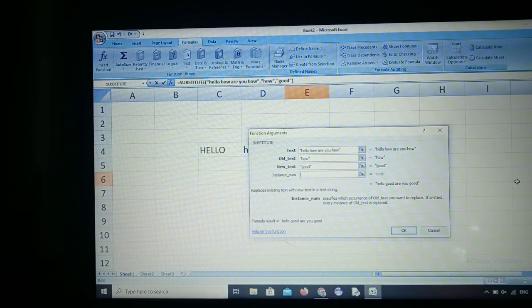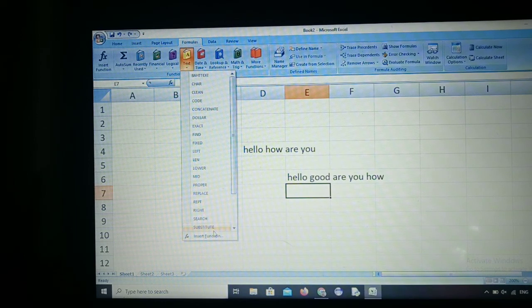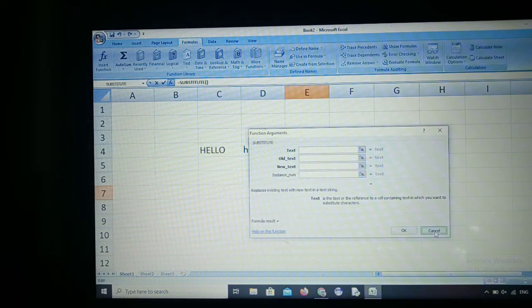In two places HOW is there, and it is substituted by GOOD, because the instance number is not specified. If I specify the instance number as 1 and see what happens, only the first occurrence of HOW is substituted by GOOD. That is to be observed. Is that okay?